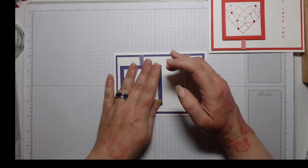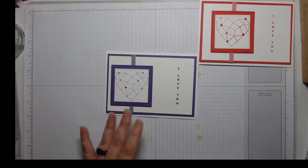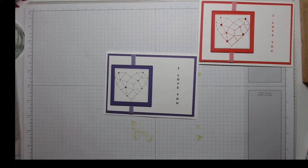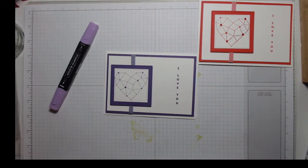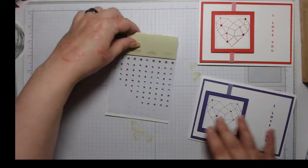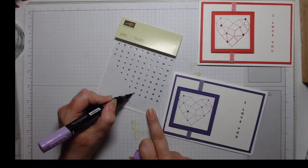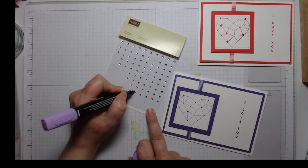Like that. Right, so on this one I used the red rhinestones, but we haven't got any in the Gorgeous Grape. So what I'm going to do is take my dark Highland Heather blend and my rhinestones, excuse me, and I'm just going to colour them with my blend to give them